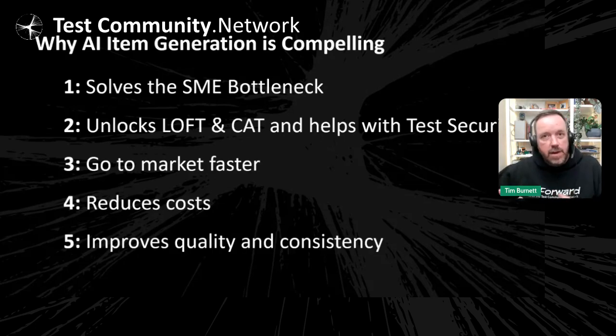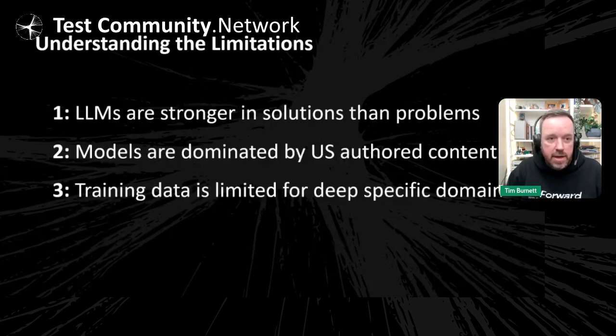So let's say 100 items is the max you've been able to do with your current SMEs, then going to 1,000 could potentially be done without too much more cost. Although there are some costs with tokens and those kinds of things, and it could improve quality. And I think consistency is an important one here, because if you've got AI working alongside you when you're working on these, then it can pick out the things that you might miss as you're working through.